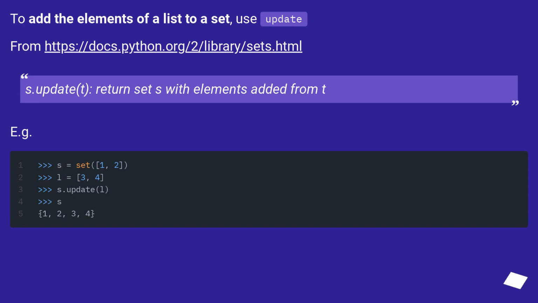To add the elements of a list to a set, use update. From this URL, s.update(t) returns set s with elements added from t. For example,